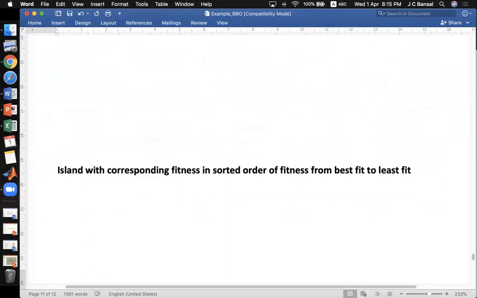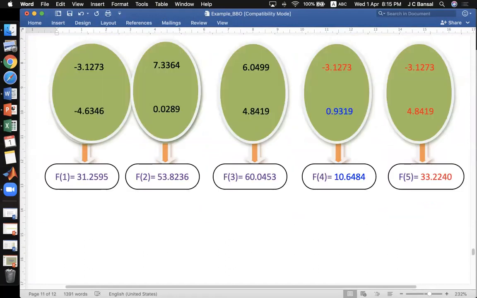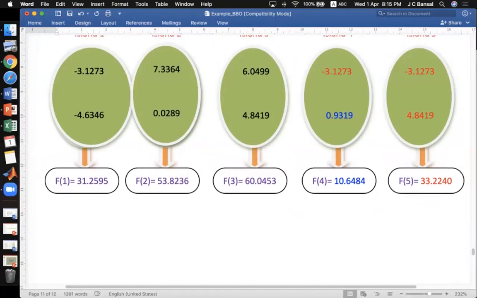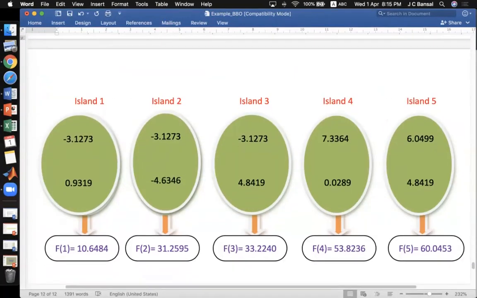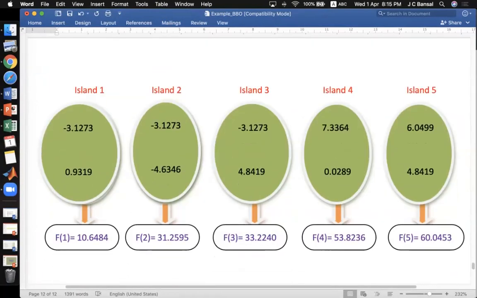After this, migration and mutation we have done. Here you can do the elitism also. Elitism means the first, this first initially, now this will be the first. So after this new population, you will sort the population according to their objective function value. So you can see here that this, which was the fourth island, has now become the first island. So this is the best island.